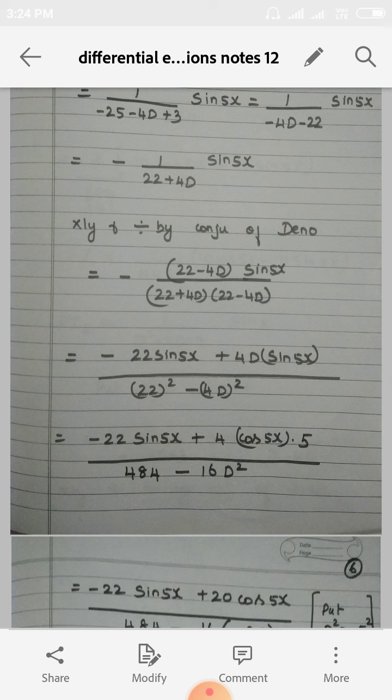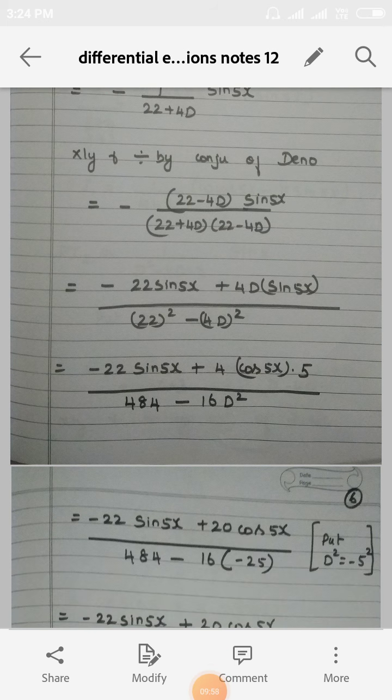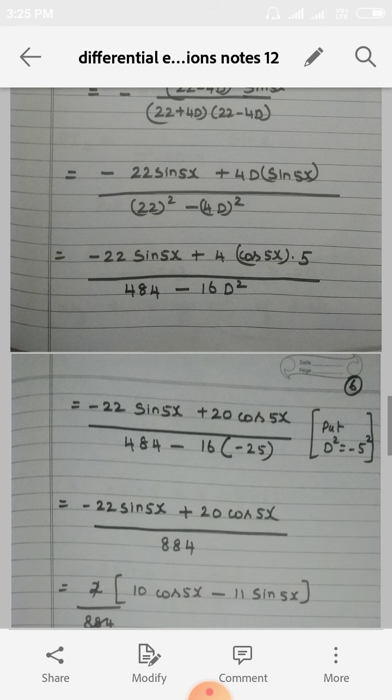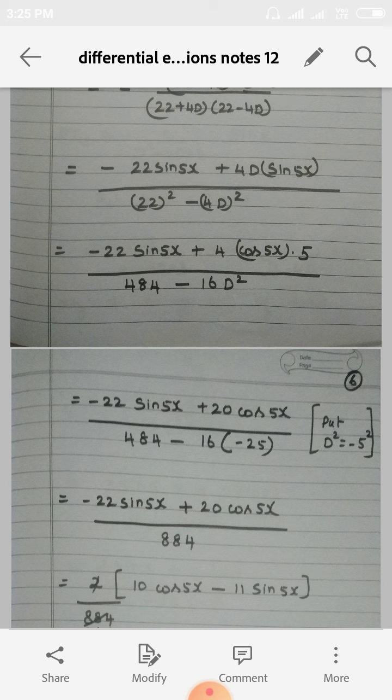Now just expand the numerator term. Minus 22 sin 5x plus 4D sin 5x divided by, see the denominator, a plus b into a minus b. The formula is a square minus b square. So it becomes 22 square minus 4D whole square. Now minus 22 sin 5x plus 4 into differentiation of sin 5x is nothing but cos 5x into 5, divided by 22 square is 484 minus 4D square becomes 16D square. Again, see the numerator: minus 22 sin 5x plus 4 into 5 is 20 cos 5x, divided